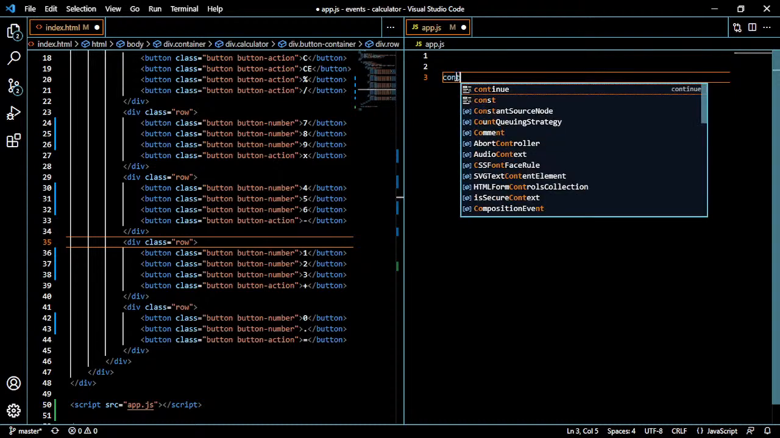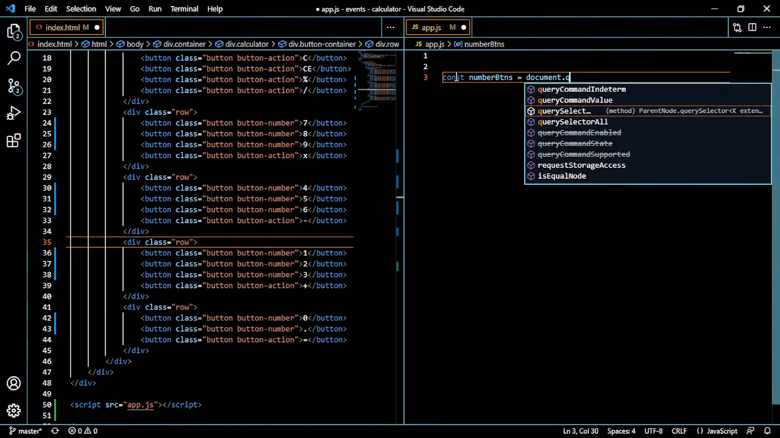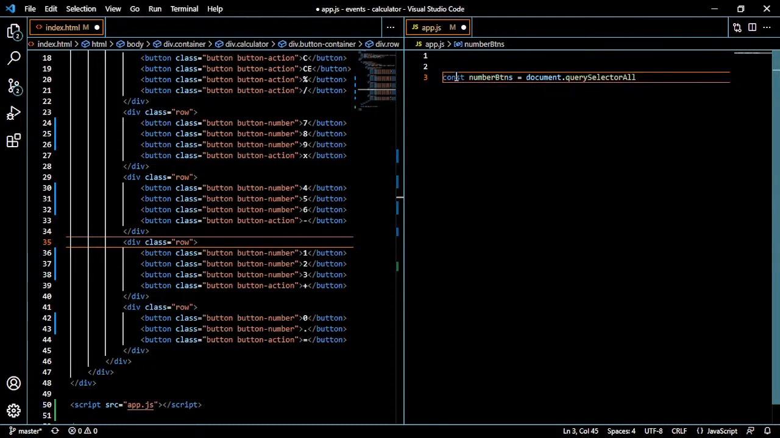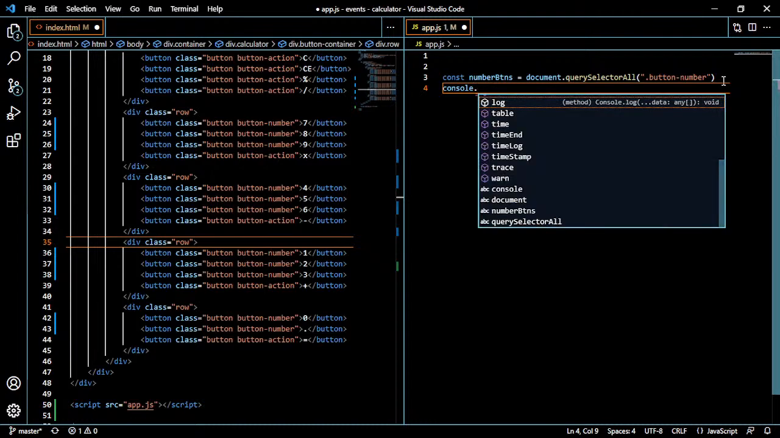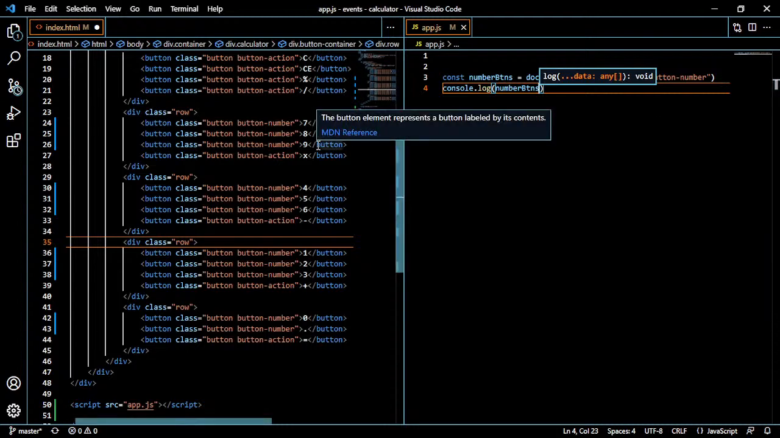So I can grab them all. I can do const numberBtns, because they're going to be many, document.querySelectorAll, and then we want the .button-number class. Underneath you can simply console.log numberBtns. So if I save everything,